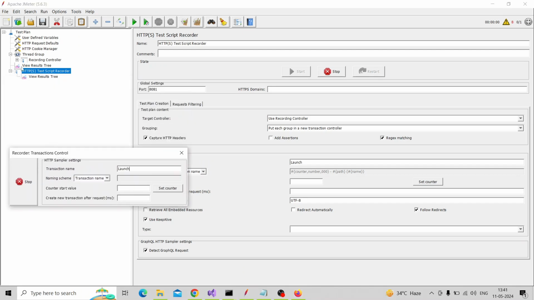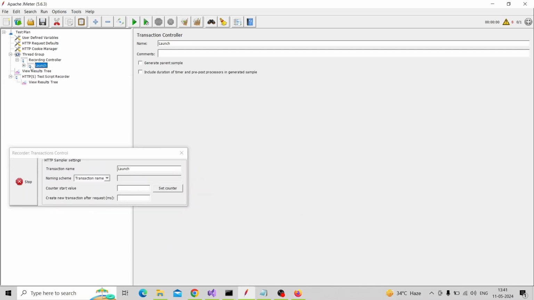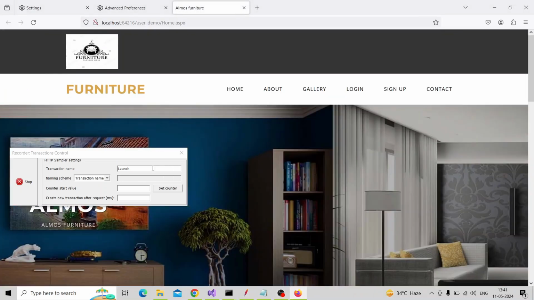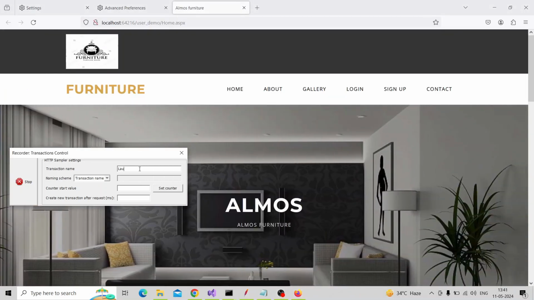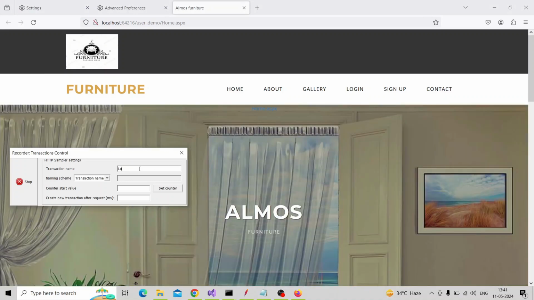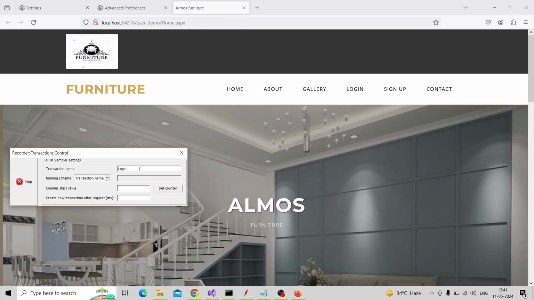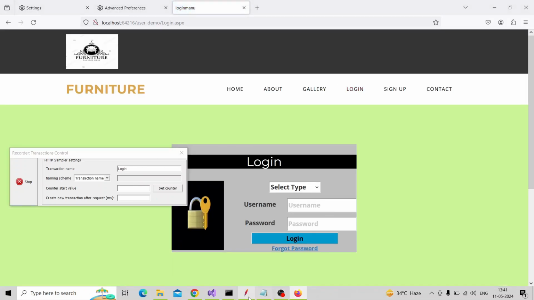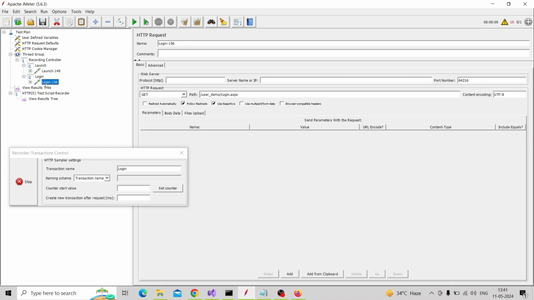Check if it is recorded or not. Yes, it is recorded. Then we can perform another action like click on login. So I change the transaction name to login and click on login. So we can check it's captured over here. Yes, it's captured. The next step is the login submit action. So given the transaction name,